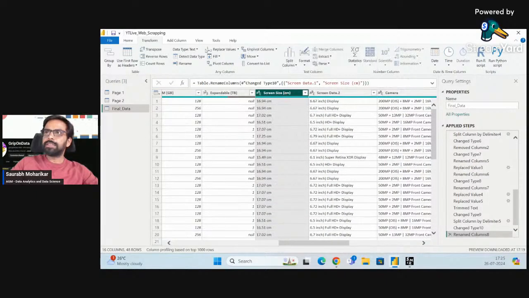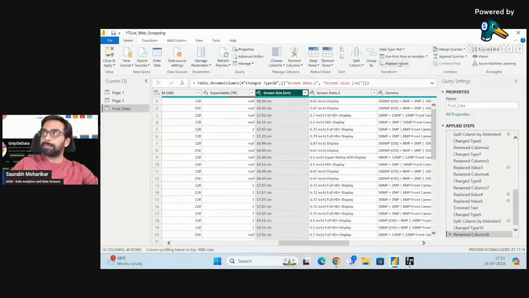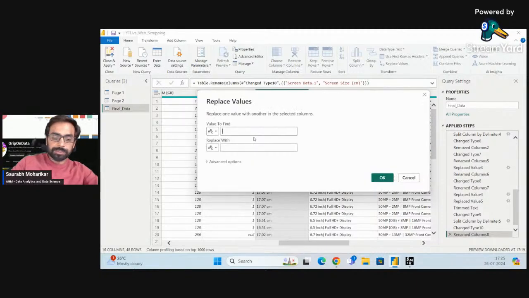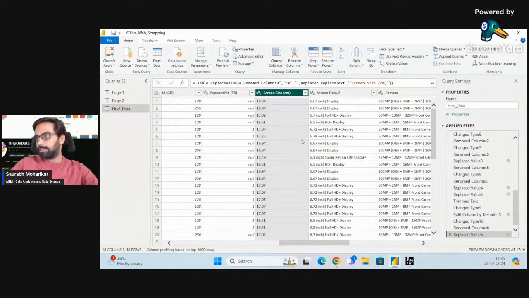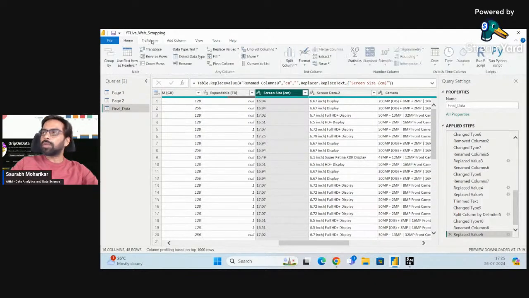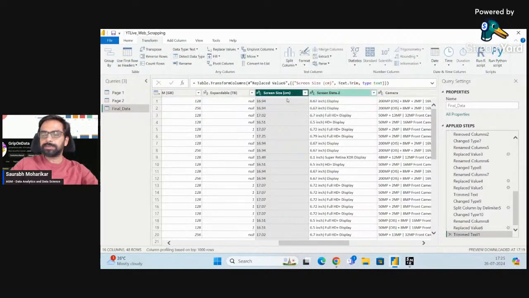I'll do one thing. I'll say that let's go back to home tab. I'll use replace values again. और मैं यहाँ पर ये जो सेंटीमीटर है इसको रिप्लेस कर दूंगा किसी भी चीज से नहीं, एकदम ब्लैंक से। Centimeter is also gone. चाहो तो ट्रांसफॉर्म में जाइए, फॉर्मेट में आ जाइए और ट्रिम कर दीजिए। अगर आसपास कोई स्पेस होगा तो ट्रिम आउट हो जाएगा।